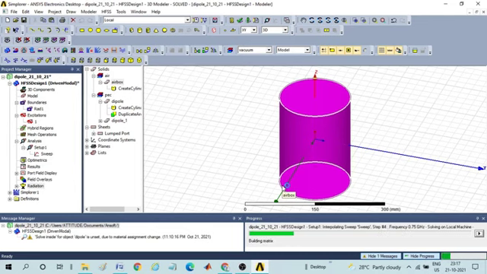So here our expectation will be like, it must be like a donut shaped, so that it remains an omnidirectional radiation pattern.